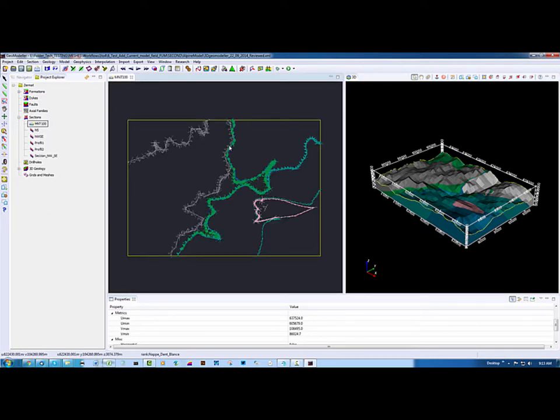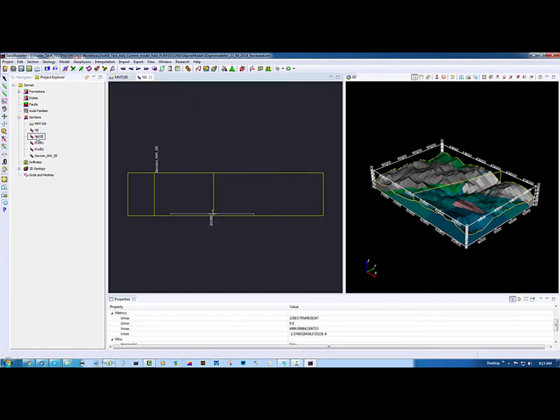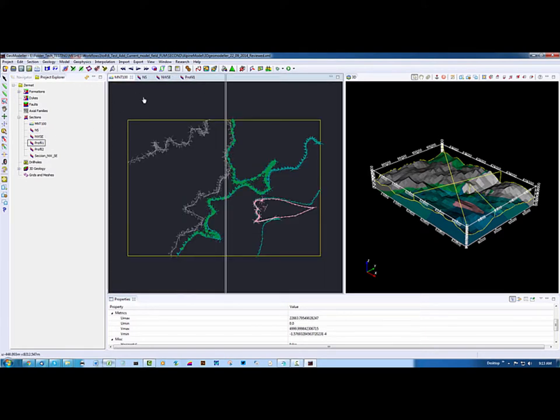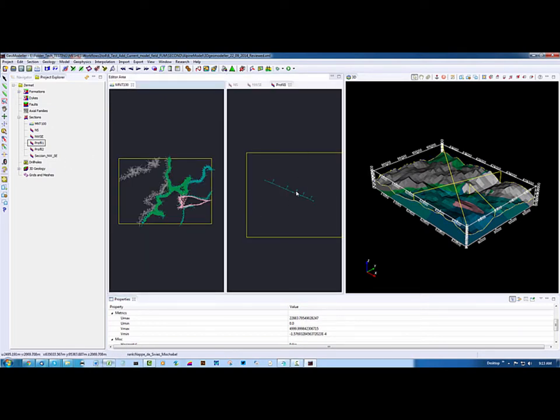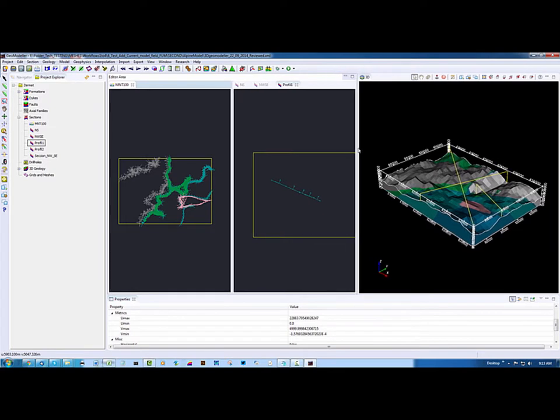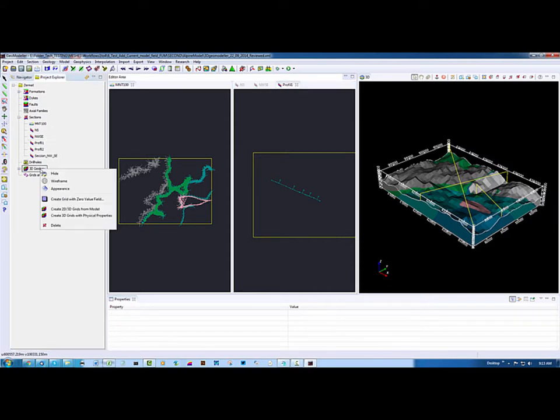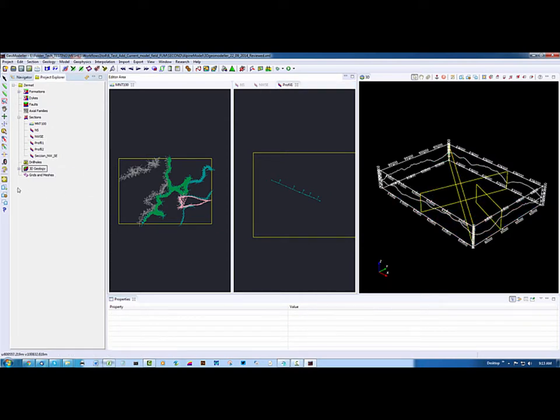Let's remind ourselves, this model is based on raw data which is constraining the implicit model. We'll just hide that implicit 3D model now, and under grids and meshes,